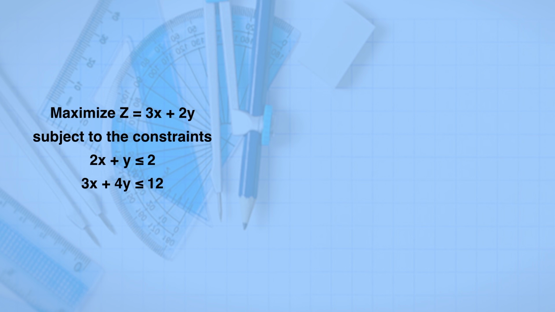So, maximize z is equal to 3x plus 2y subject to the constraints 2x plus y less than or equal to 2, 3x plus 4y less than or equal to 12, where x and y are greater than or equal to 0. Writing this linear programming problem in the standard form, we get